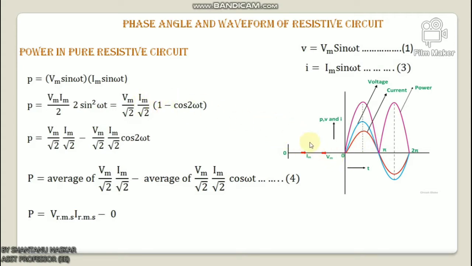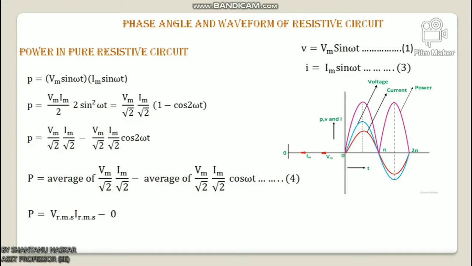The three colors, red, blue and pink, shown in the power curve or waveform indicate the current, voltage and power respectively. And from the phasor diagram, it is clear that the current and voltage are in phase with each other. That means the values of current and voltage attain their peak at the same instant of time, and the power curve is always positive